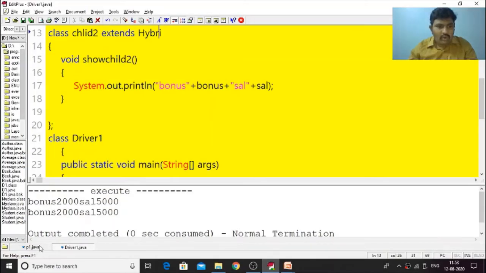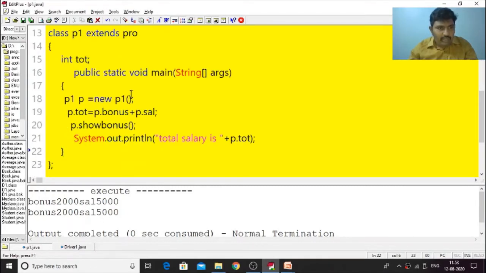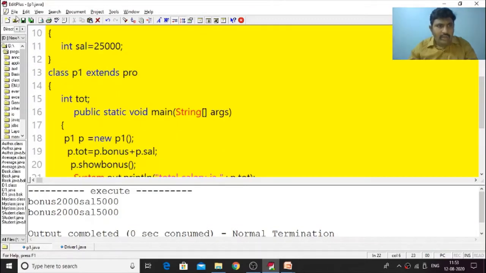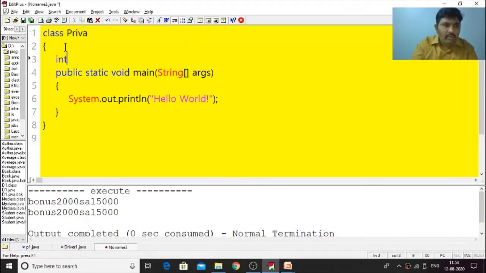So, for example, we could go with our previous program. This is our simple previous program. Otherwise, we can write another program, that's better. Now you have a class, let's call it Private, and here you have one variable, int a = 10, which I am going to declare with the access modifier public.